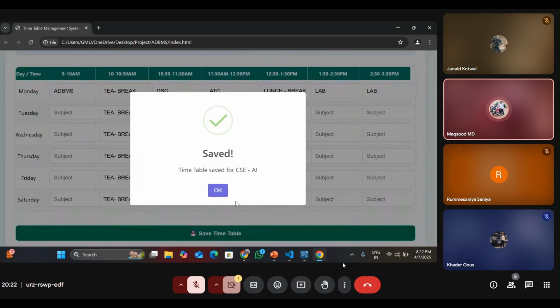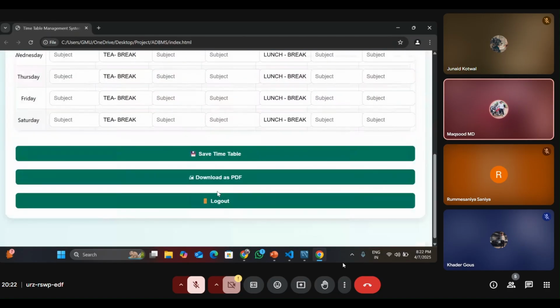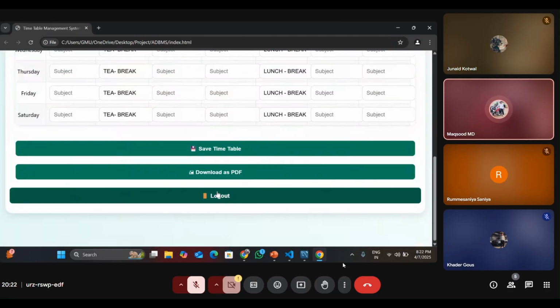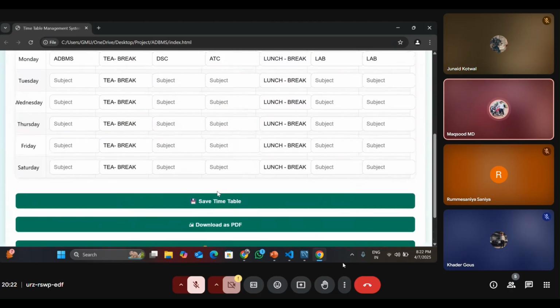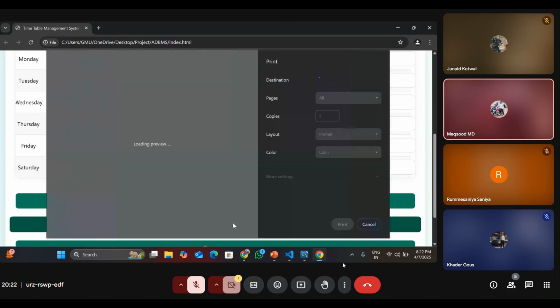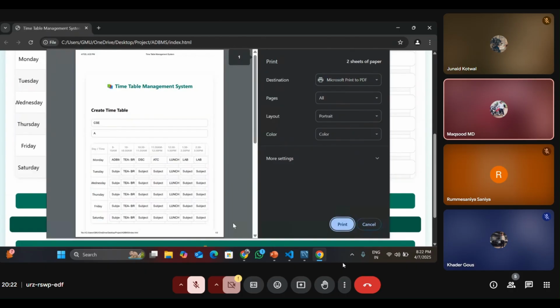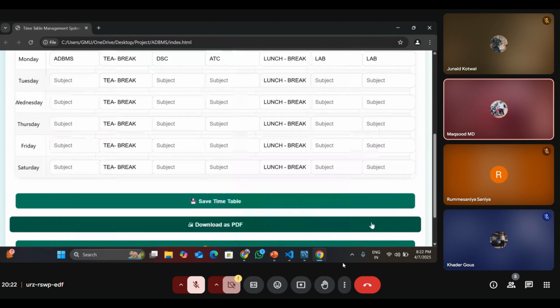It shows the save was successful, then click OK. The teacher can retrieve the entered data, which is converted to a PDF and can be downloaded for his reference. It can be printed or downloaded as a PDF, which makes it easy to retrieve their timetable according to date and time. Next, we will move on to the